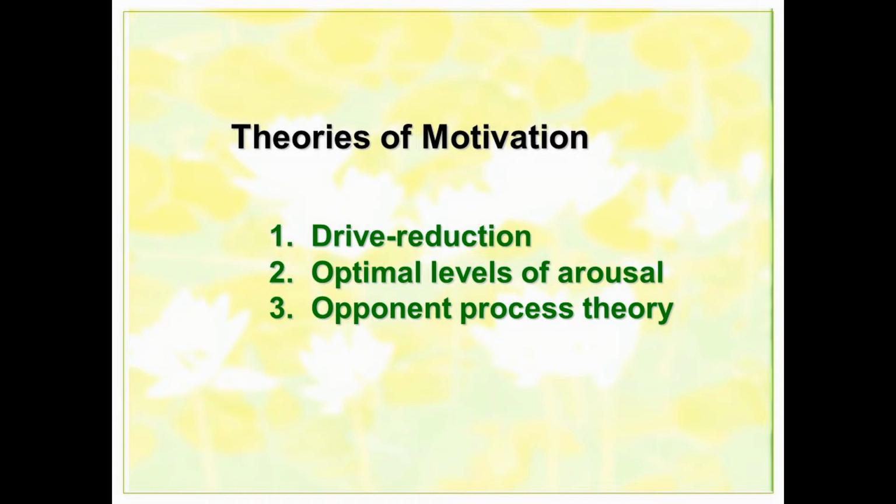Last, I wanted to just briefly mention opponent process theory. This was a theory that came out in about 1980, and you can look it up and learn more about it if you want to. At the time, it was pretty exciting because it explained some types of behaviors that were neglected by other motivational theories. For instance, it explained why some people engage in daredevil sports or extreme sports, as they're called today. It explains how drug addiction occurs.